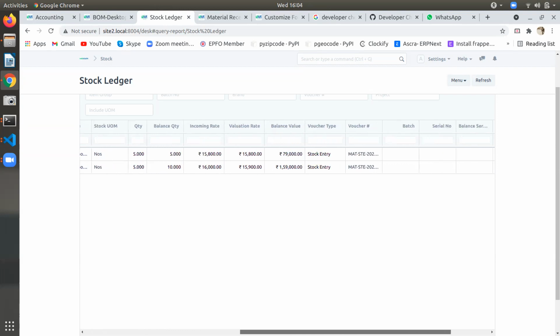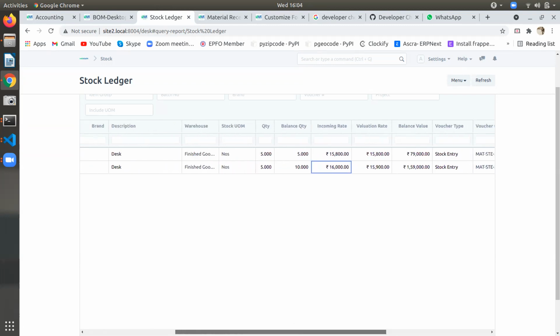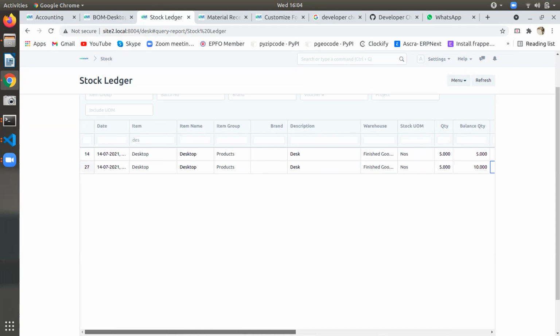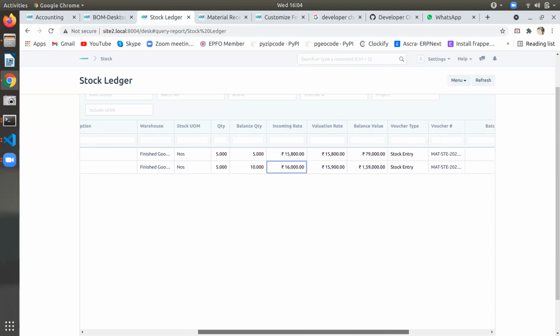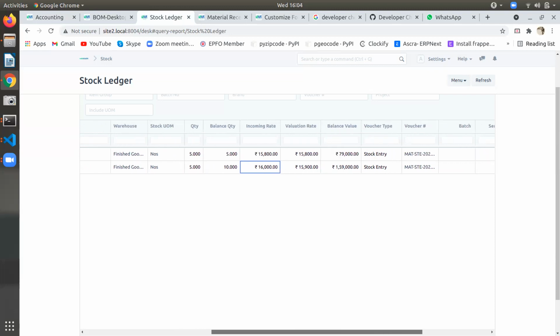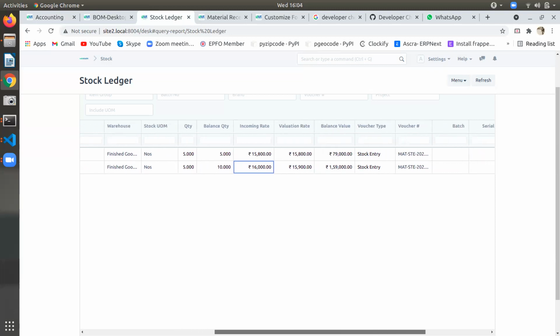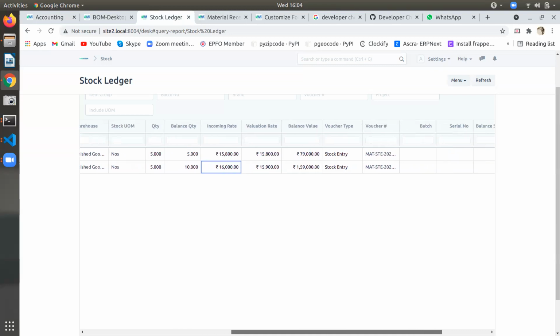The valuation rate now is changed. Yeah, it is changed to 100 rupees. So the incoming cost there is saying 16,000 with the new BOM. And 15,000 is the valuation rate, the balance amount.